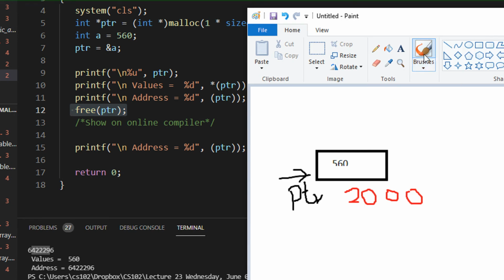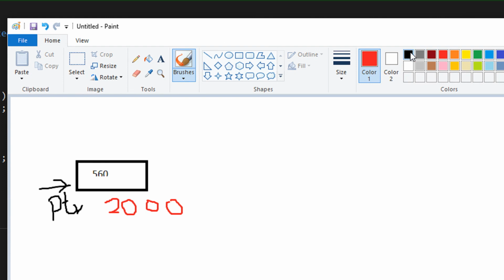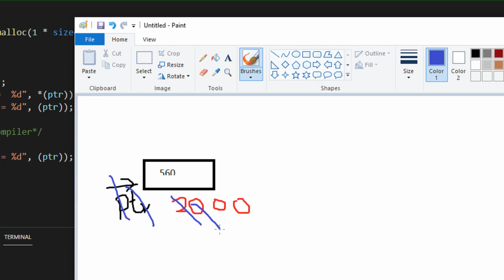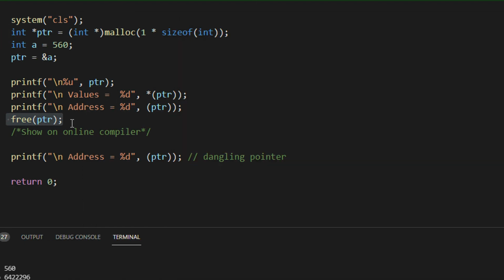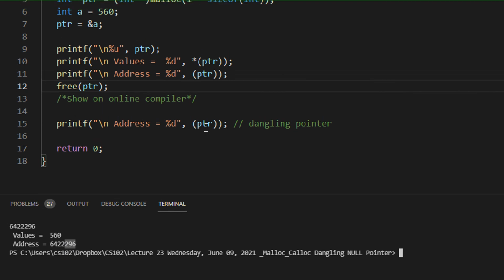So the moment I do a free PTR, what happens here is I basically lose out the access. This PTR access is lost, right? So when the PTR address is lost, even though you can see the compiler is pointing you to the same location, this concept is known as a dangling pointer.